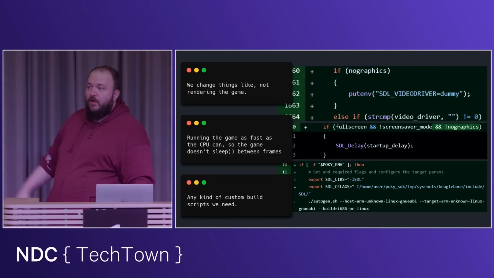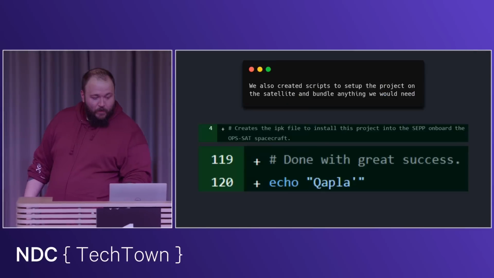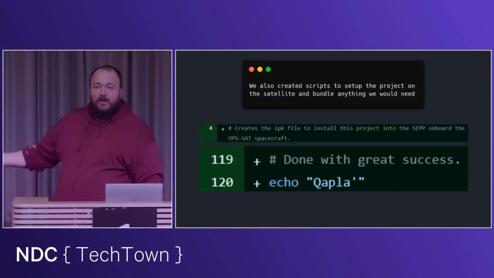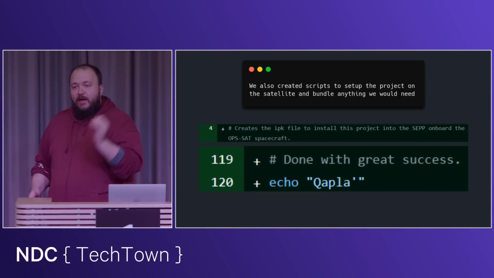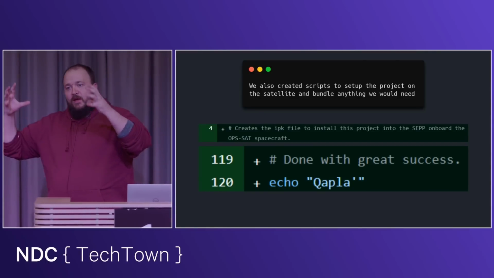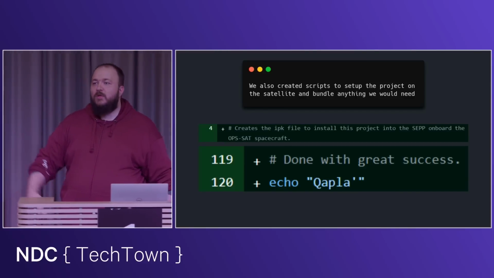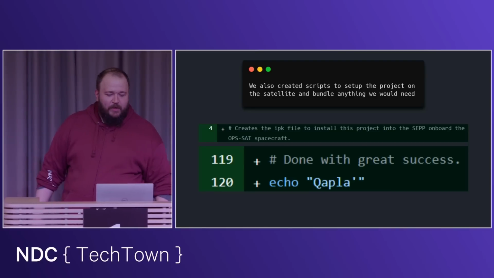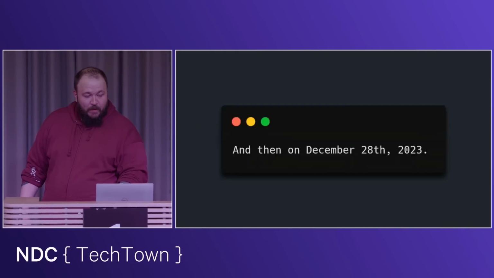Or whatever custom build scripts we would have, or any scripts that we would have to set up the project. Because you have to copy the files there, link any libraries we have to use, and set up the environment. So that Doom can run in isolation, and if something fails, they can swap it out with some other experiment. So they can swap out the experiments, and of course, kapla, great success, right?